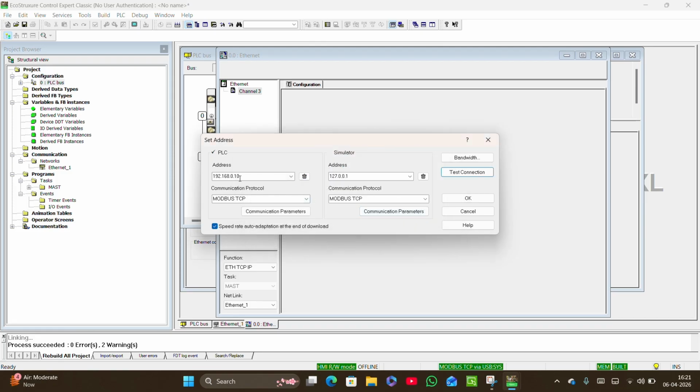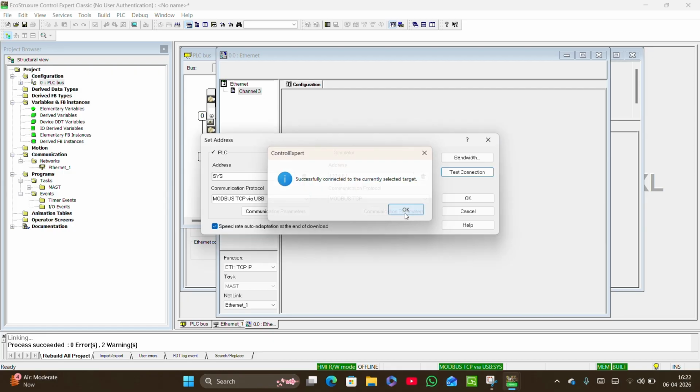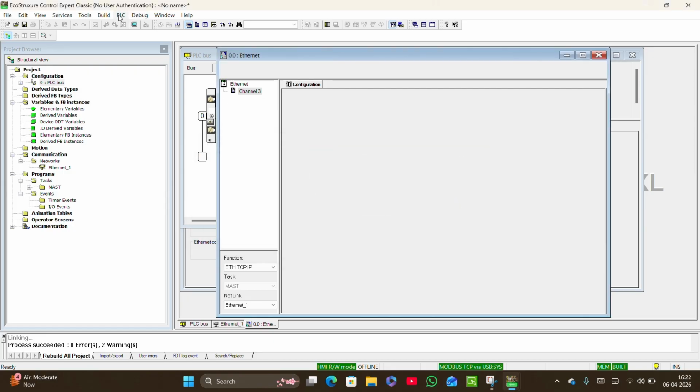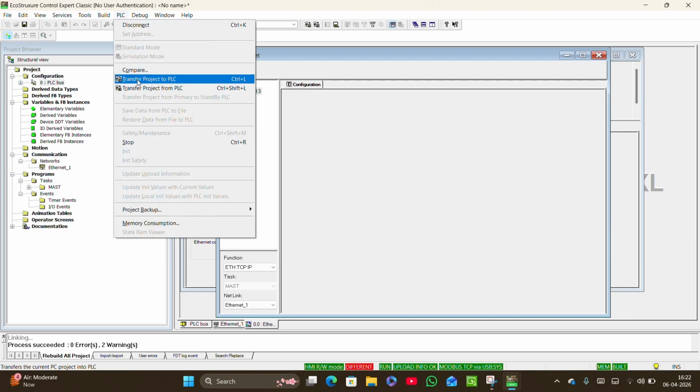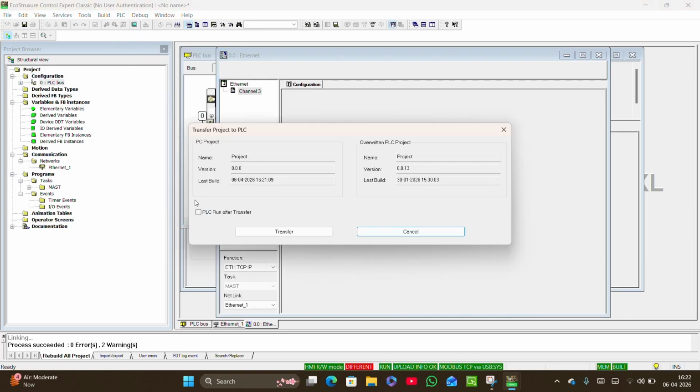This is not the IP address that was inside the PLC; we don't know what IP address is already inside it, but we have given 192.168.0.10 as the IP address for the next time. To load this IP address to the PLC, I need to connect through the USB connection, and then press OK, OK, and then you need to press PLC and connect, and then transfer project to PLC,